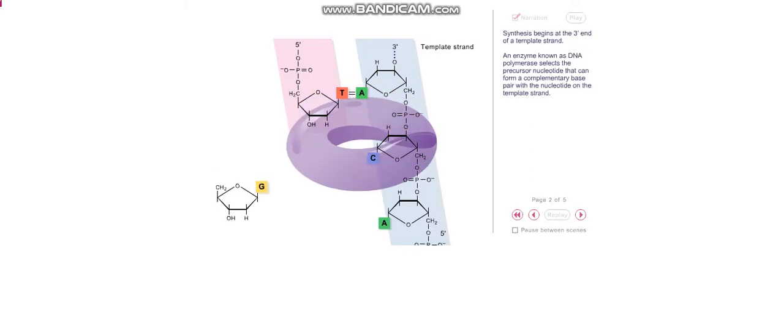The semi-conservative model of DNA replication involves the concept that each of the two DNA strands is a template for new DNA synthesis. Synthesis begins at the 3' end of a template strand. An enzyme known as DNA polymerase selects the precursor nucleotide that can form a complementary base pair with the nucleotide